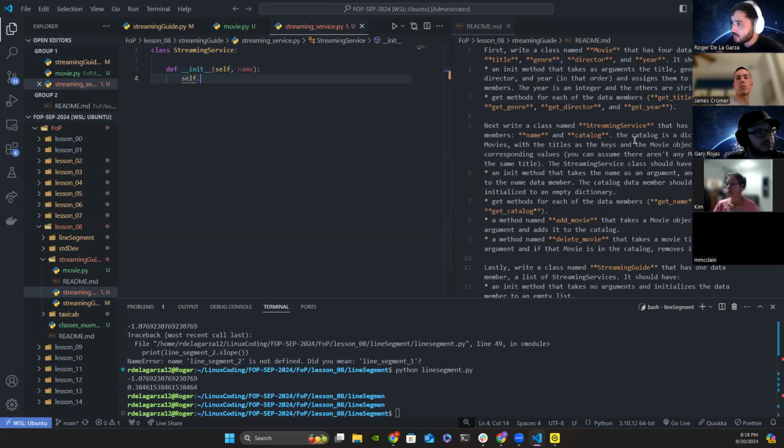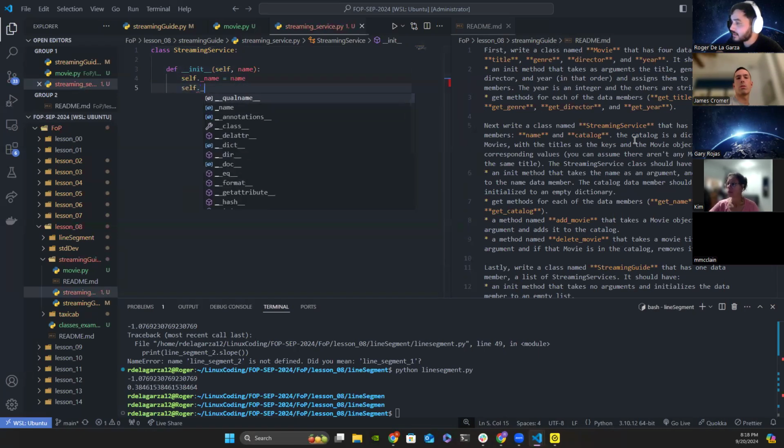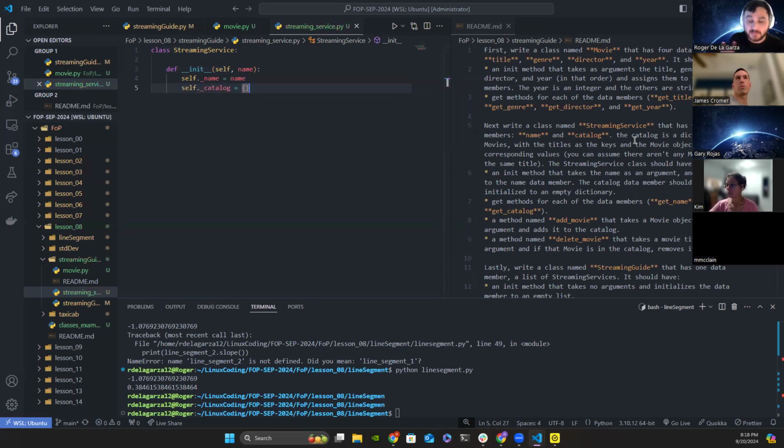So self._name is equal to name. And then we're going to do self.catalog is equal to open and close curly brackets, right? That's our empty dictionary. Now, good rule of thumb when you guys are creating stuff like this, make a little note of what the key value pairs are because you're gonna get confused, right? So going back to the instructions, it says that the title should be keys and the movie's objects as the corresponding value. So key is equal to movie title, and then value is equal to